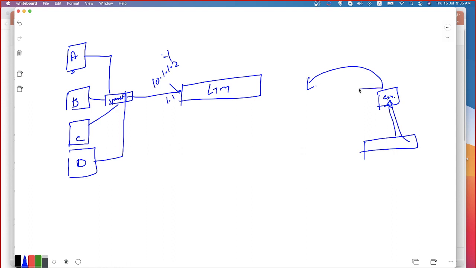The internal interface can also be connected to the firewall. Then any traffic coming from the external world will go to the LTM, and the LTM will forward the traffic through the firewall, so dual filtering will happen. But consider that this is going to cause some delay. Do you understand what I'm saying?